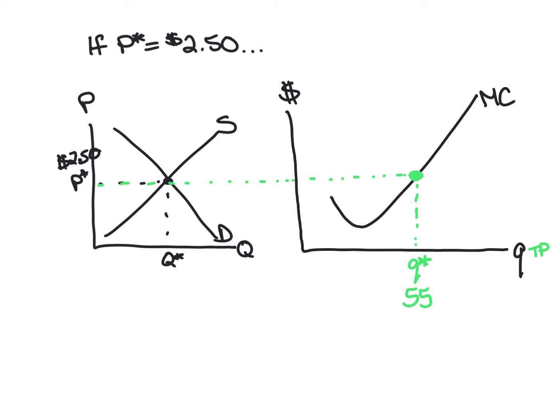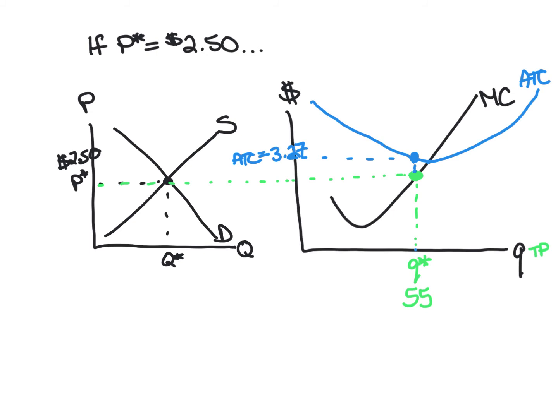All right, so now the next question is, does this result in positive profits, zero profits, or negative profits? So I'm going to start by drawing the average total cost curve, which starts out high, gets lower, hits its minimum right here when it crosses the marginal cost line, and then goes up again. So there's average total cost. And the way we've drawn it here, you see that at a production level of 55 units, the average total cost is higher than the price of $2.50. And in our table, we can see that average total cost at a production level of 55 is equal to